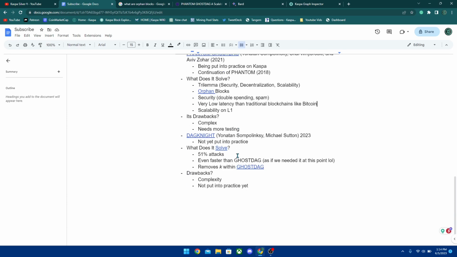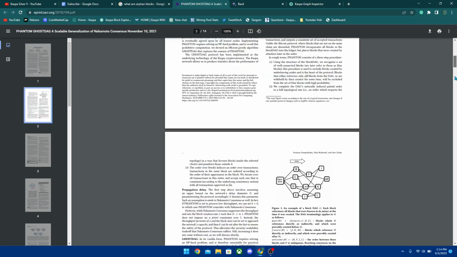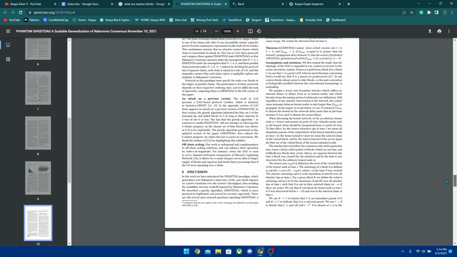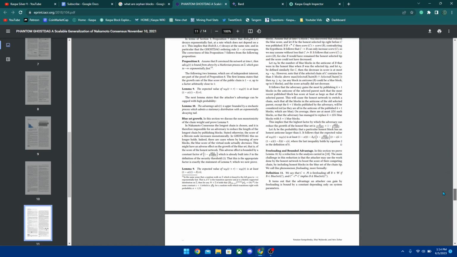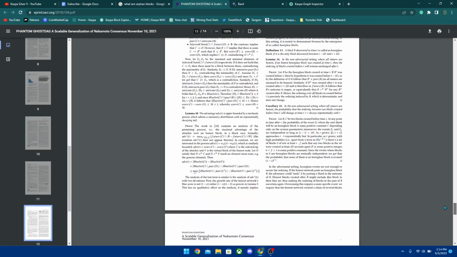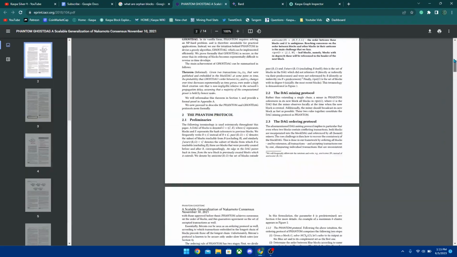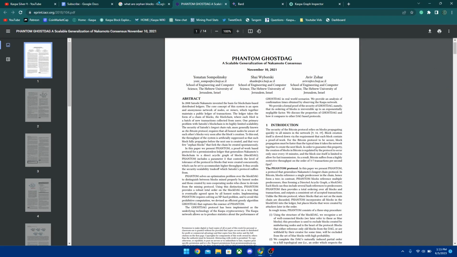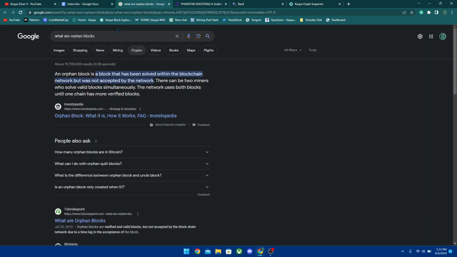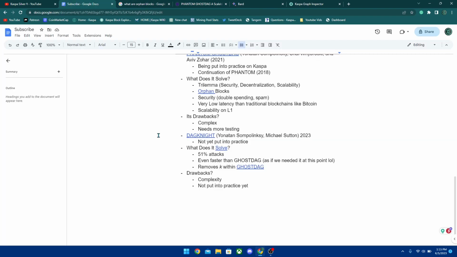And then its drawbacks, as always, as all these protocols have, is that they're very complex protocols. They're not very easy to understand. I mean, if you look at this white paper, a lot of this stuff goes over my head, and I'm trying to explain this as much as I can understand it, so that I believe if I understand it in some kind of way, my viewers should too, because I do not have a huge background when it comes to crypto protocols like this.